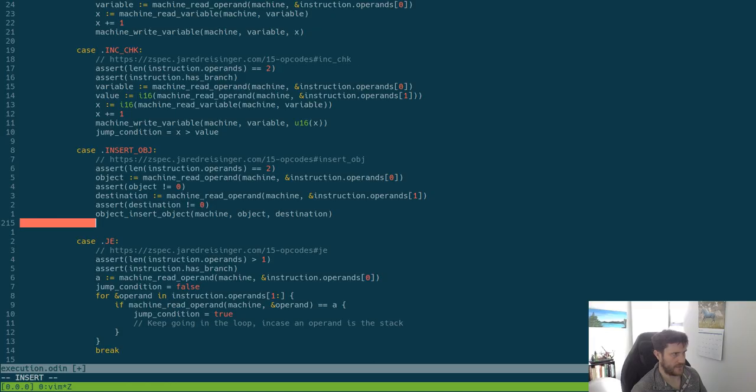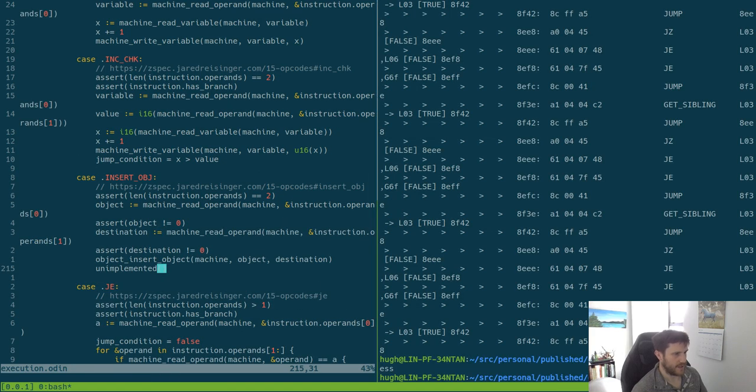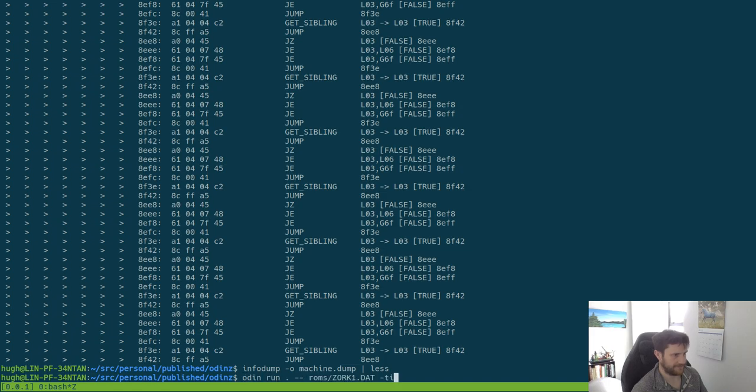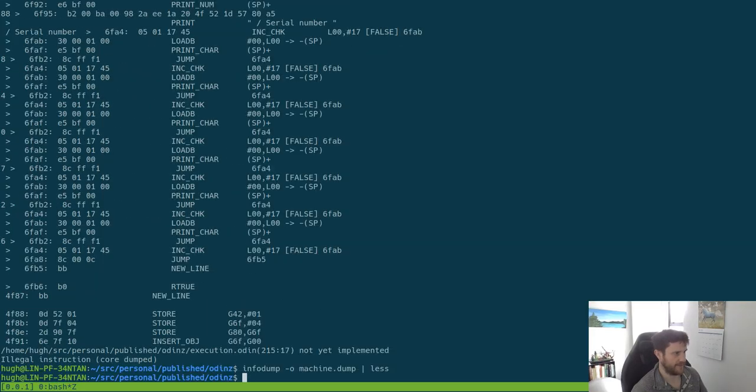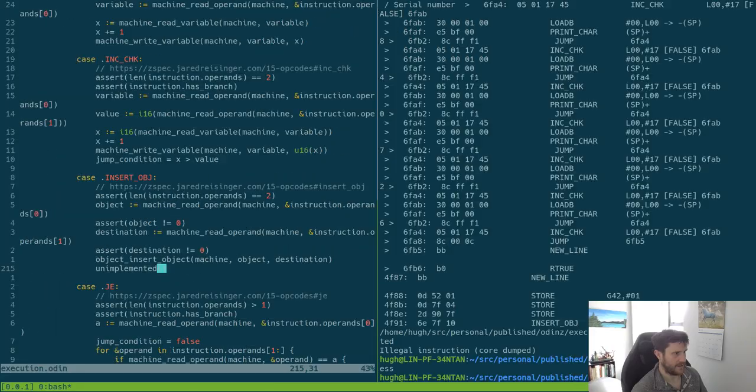I wonder what I can do. I can do just something like unimplemented. It won't actually do it after every one. What I could do, I don't know. That's probably good enough. And here we can see the first one and then have a look at the machine dump. I probably want to, come on,